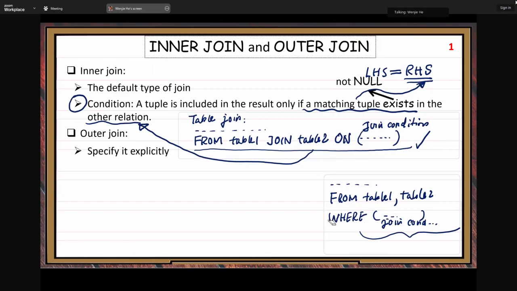You need to specify it explicitly, okay? Explicit, but you do not use the outer name. So inner join, you do not use inner. Outer join, you do not use outer, okay? Yeah, you use the join keyword, but if join, it's not enough. Because when you specify outer join,